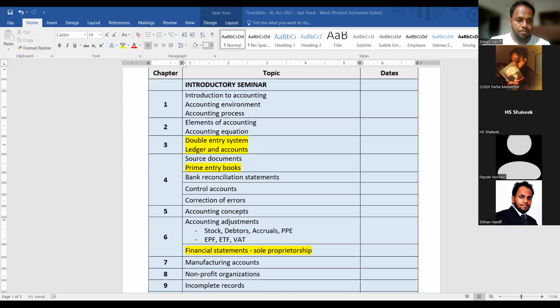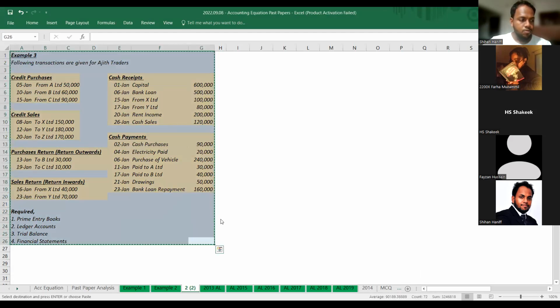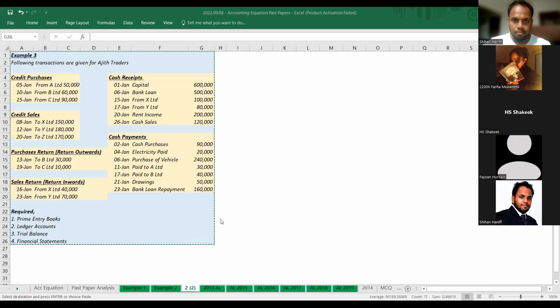So let's do example 3. Example 3. So let's do this. So in this example,